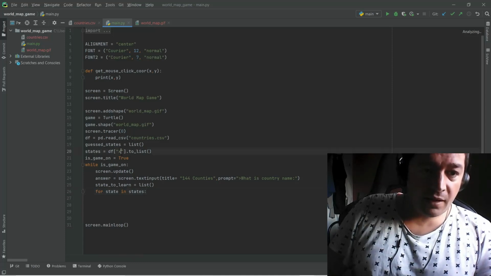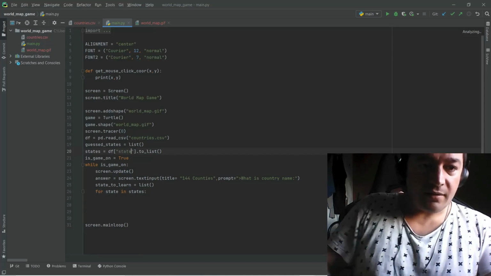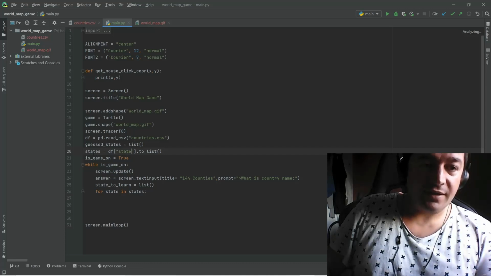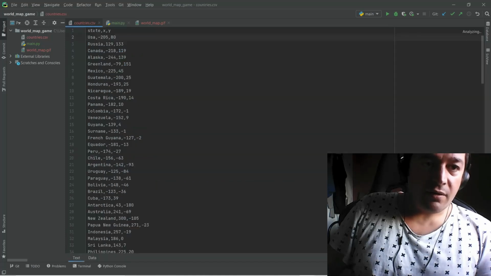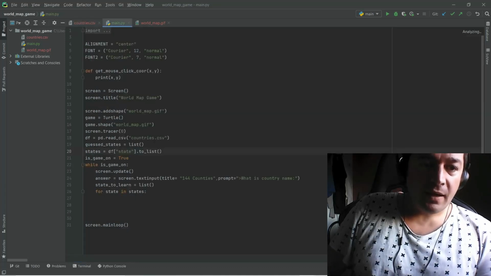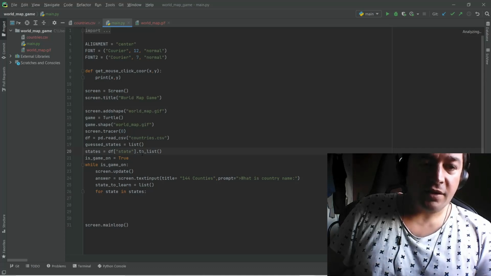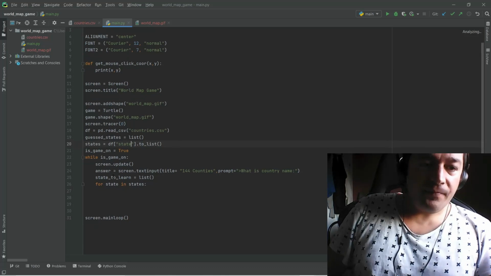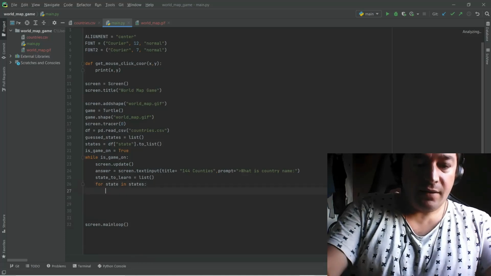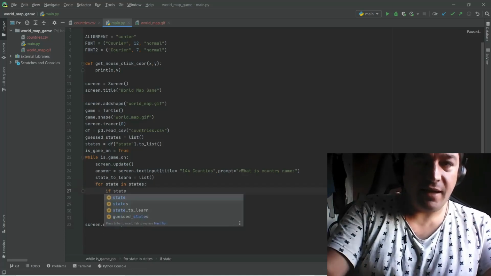As you can see, instead of the state column we have added x coordinates into the states list, right? Let's look at our CSV file. As you can see, what we need is to get the states and their names. Therefore, the states column in the data frame has been transformed into a list, and we assign that into our states list. And now we are making a for loop in the states, and if any state